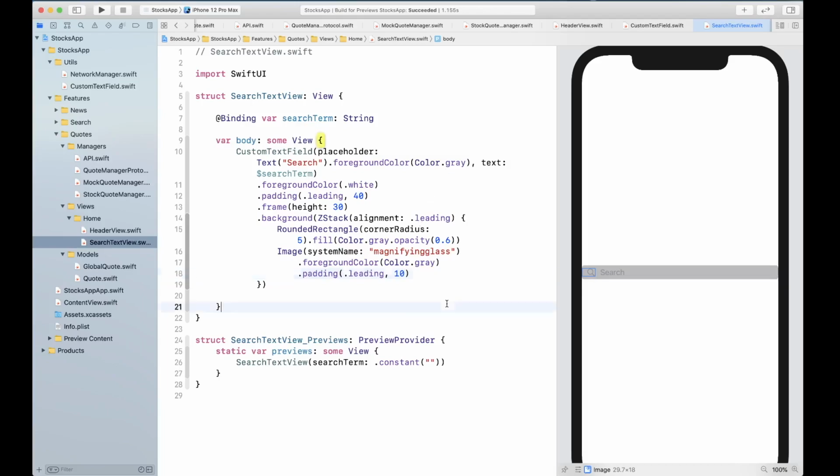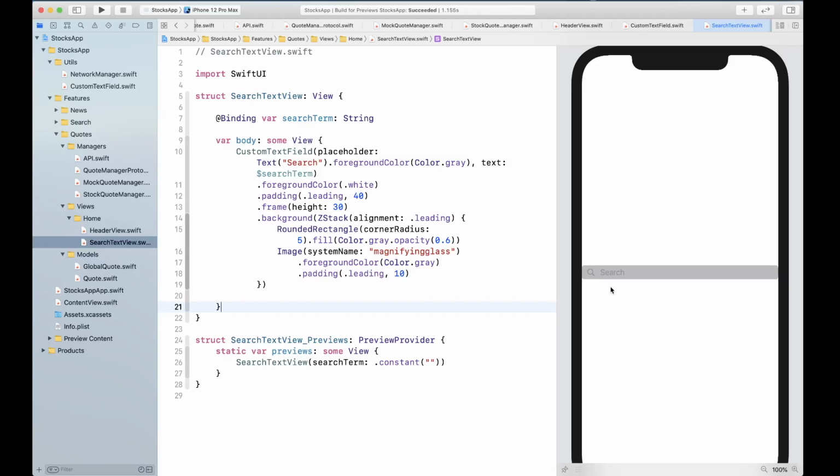All right, so this is basically our search box, and now that we have created this search text view, we can put this wherever we need it. So for example, we're gonna need one for the main screen, the home screen where we are performing the local search.